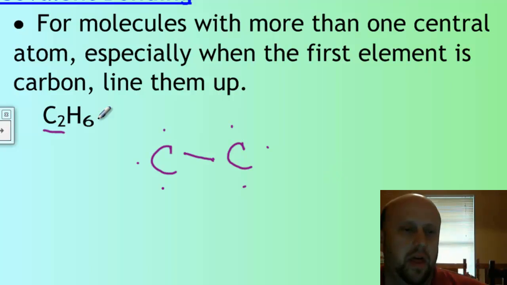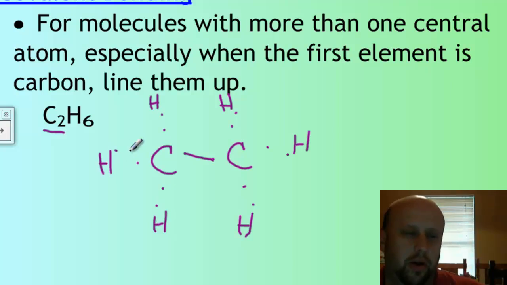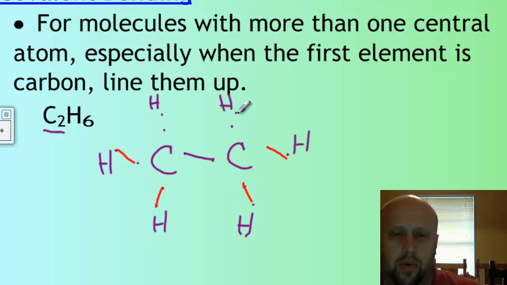All right, then I'm going to take my 6 hydrogens and I'm going to put them again at the points around the carbons. Now this doesn't always work because it's not always hydrogens that you're bonding, but if you got carbon, you should always put carbon in the middle and then just put the other stuff around the outside of it. And usually that will work out okay. You may have to shift some stuff around, but that's typically the way it works. So then I'm going to draw some bonds. Okay, remember we're trying to bond the single stuff together first. So if I clean that up a little bit, I've got